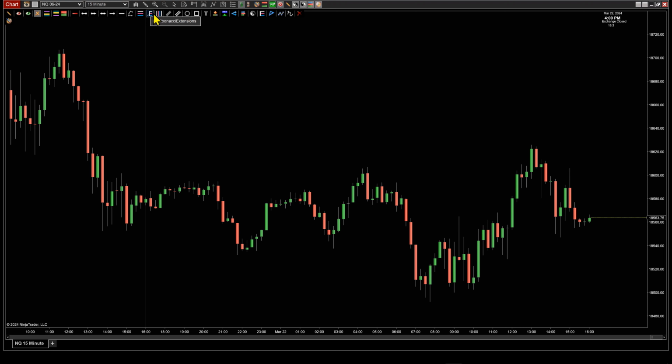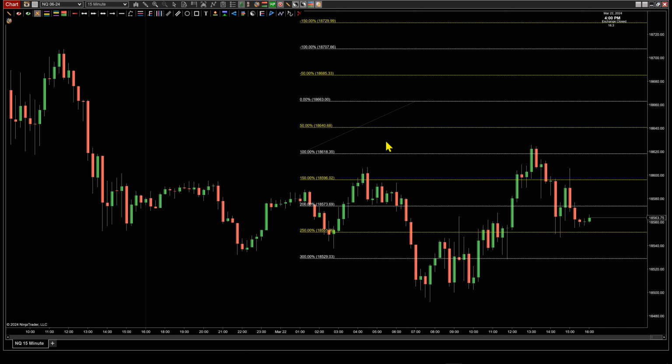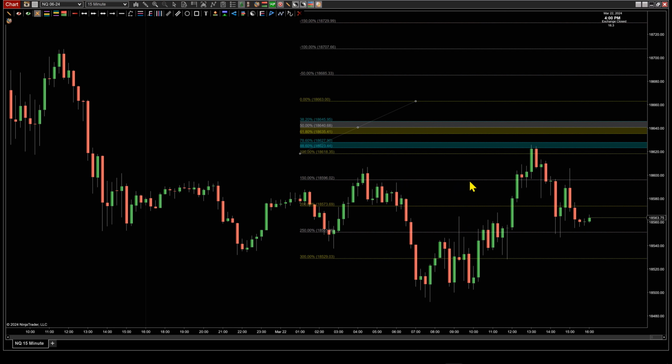We do now have custom fibs. All I've done is taken the default, whatever the default fibs, I've just made my own. These are 50%. Just happens to be what I have set up as my default template. But if we come down and load a template like this,